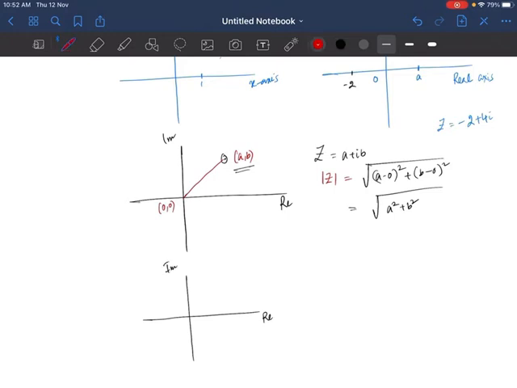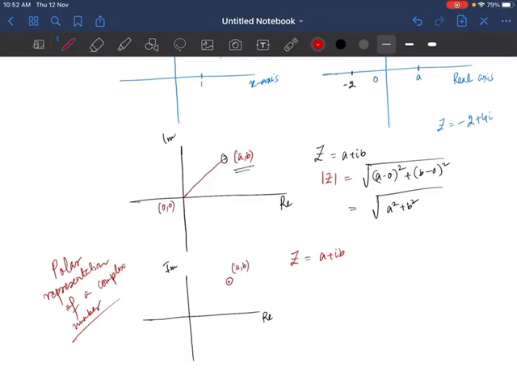The next topic is polar representation of a complex number. So I have an Argand plane, and in that Argand plane we have the real axis and the imaginary axis. I will plot a complex number a plus ib. Why am I taking a plus ib every single time? Because a plus ib is the general complex number. So I will take a point in here and mark (a, b).